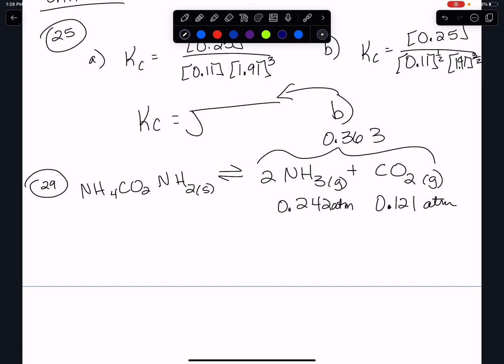Okay, and so we calculate the equilibrium constant, the Kp. Well, Kp is products, technically it's not in square brackets because it's atmospheres, but I'm just so used to writing it in square brackets. So that's how you would calculate the Kp for that one. And then